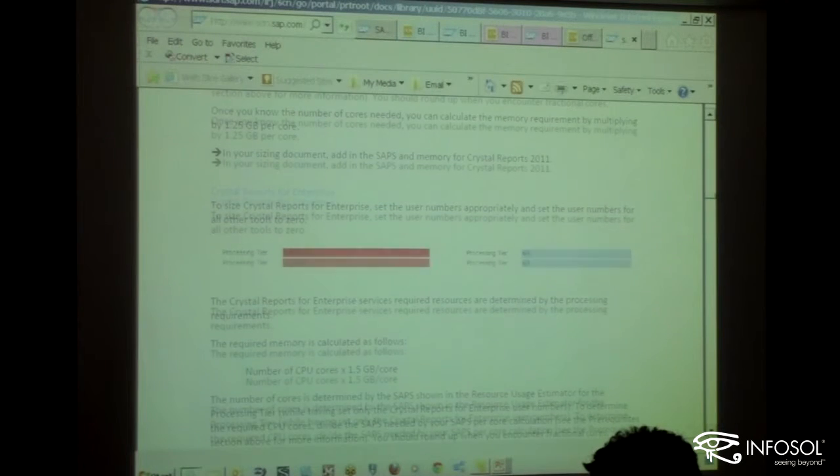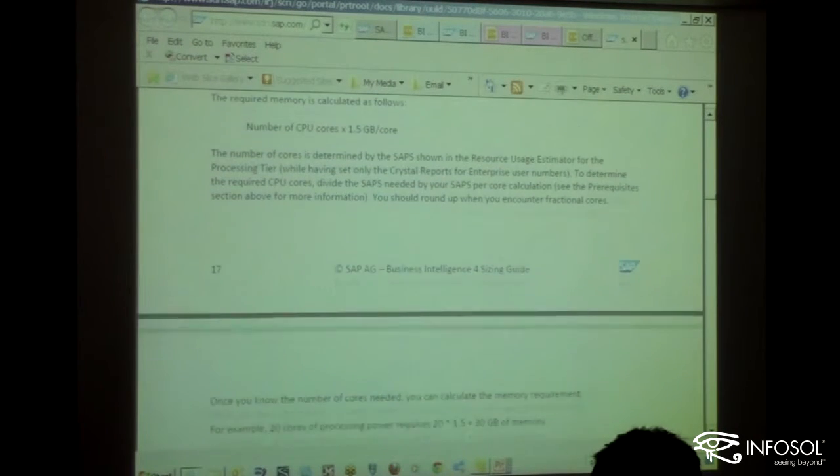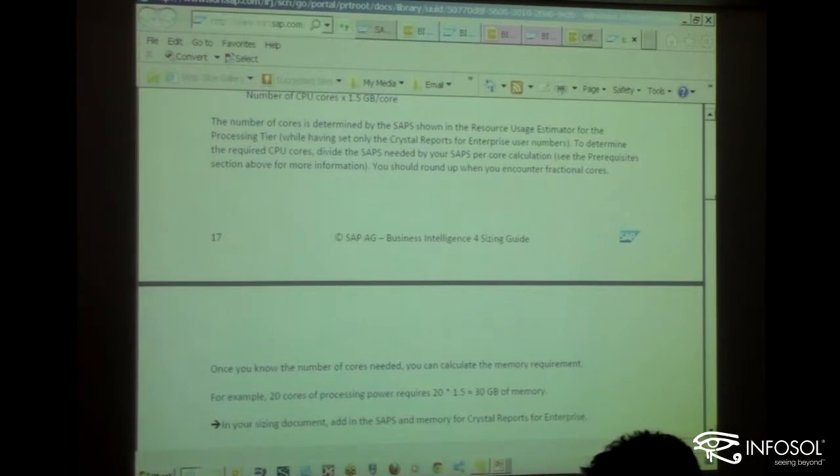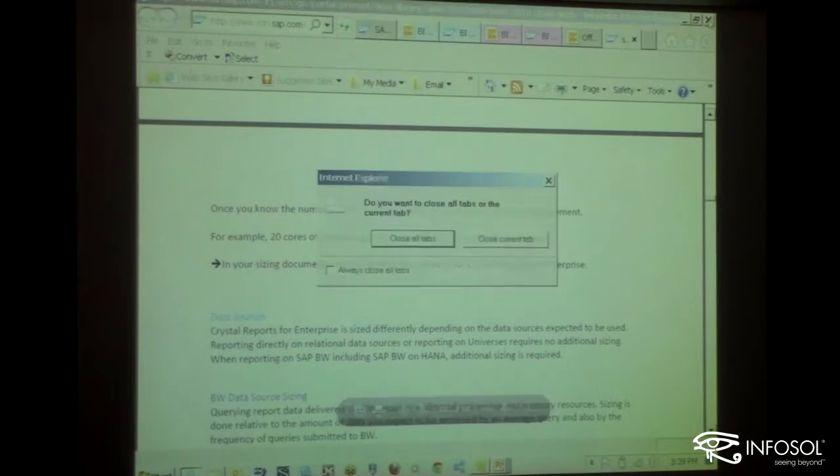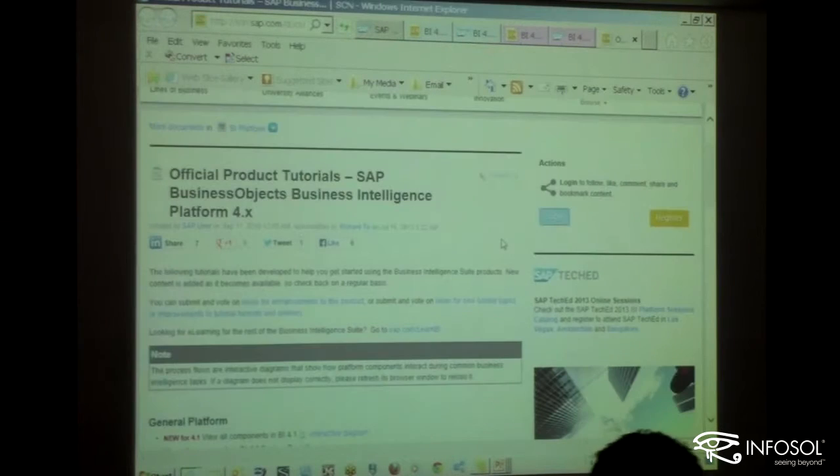And it'll go through with very, very specific details as to this will need this amount of gig per core, etc., dependent upon this kind of application. Okay? So again, a very, very useful reference guide that I use periodically. And then I'm going to close the current tab. And then what you'll find is that there's a corresponding